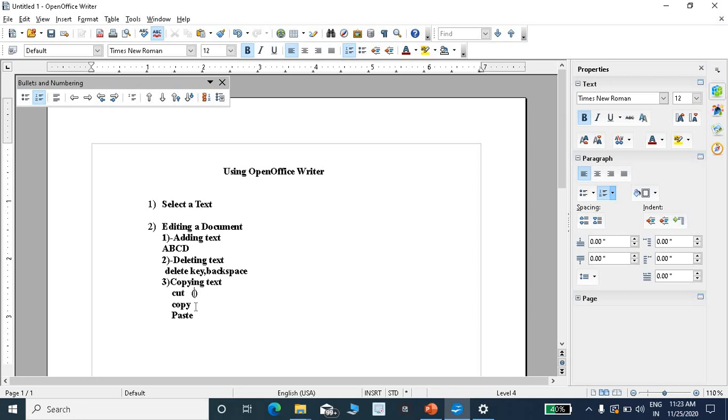Shortcut key for cut, Control plus X, and shortcut key for copy, Control plus C, and shortcut key for paste, Control plus V.